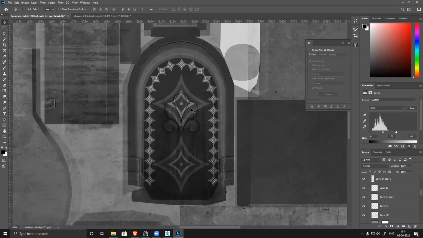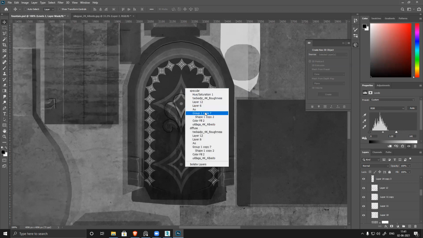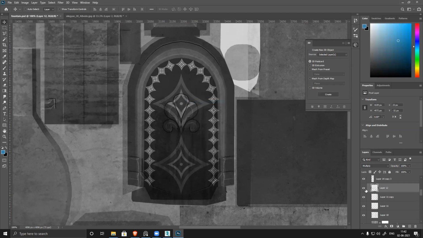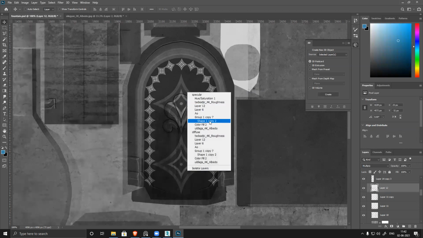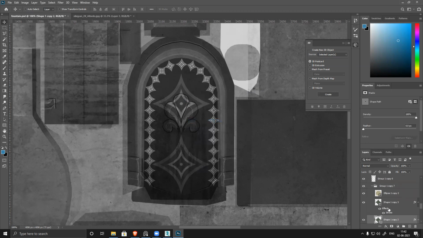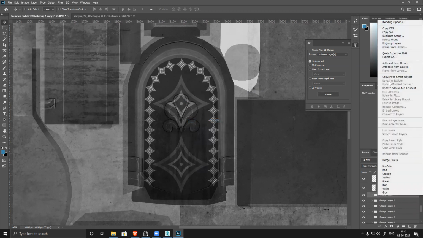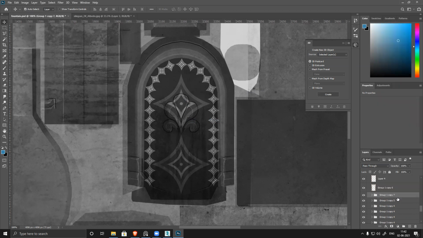Similar manner, I want this gray. Okay, not this one. Yeah, okay. So this entire group. So I can merge this group.